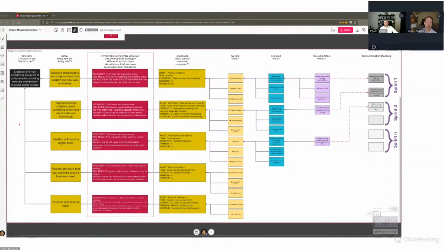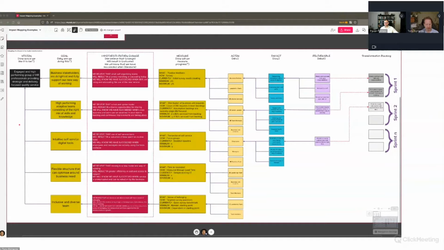There are a few extra bits in here, which I will point out, which aren't part of the impact map. As Paweł signposted at the start, there is a very good structure for how you impact map things, but nothing stops you adding other things in and remixing and remodeling it. The original creator, Gojko Adzic, developed this from something he took from the training needs analysis world and something from the marketing world. He saw two great ideas, blended them together, and came up with impact maps. So there's nothing to stop you or me coming up with an even better variation of that, and I'm sure he would be delighted to hear something's been devised that improves it even further. However, that said,